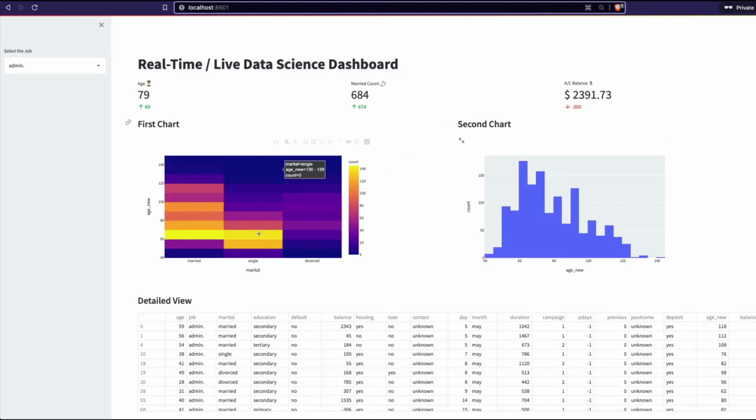So the elements that you see here, we are going to refresh these elements in such a way that they are replaced in the same location. But for the user, they're going to feel that this is getting updated in real time. What we are actually doing is replacing this chart, replacing this table, replacing this number, replacing this KPI, replacing this KPI. We're replacing all the components in this dashboard, but we are giving that near real-time effect by replacing it,